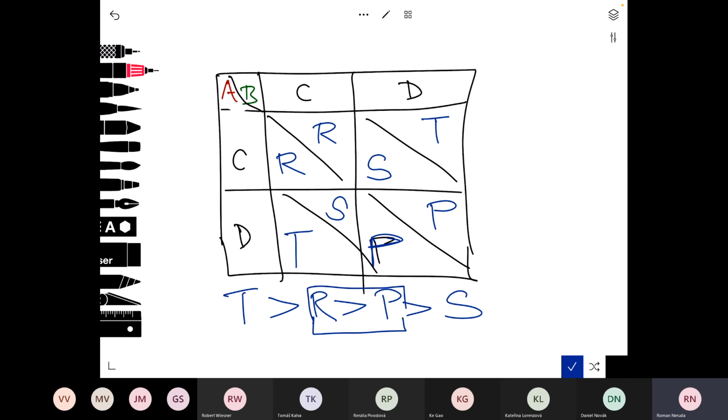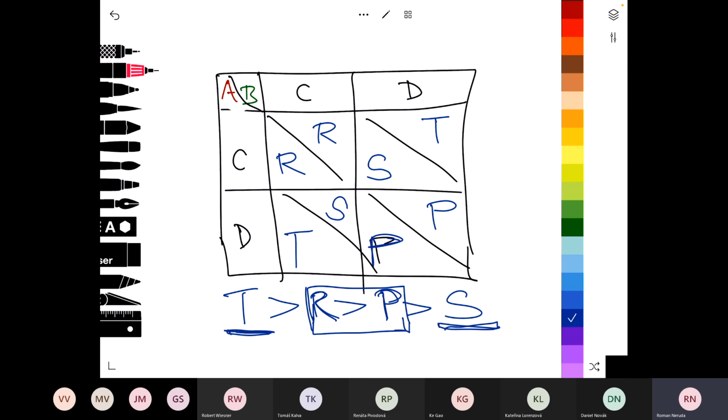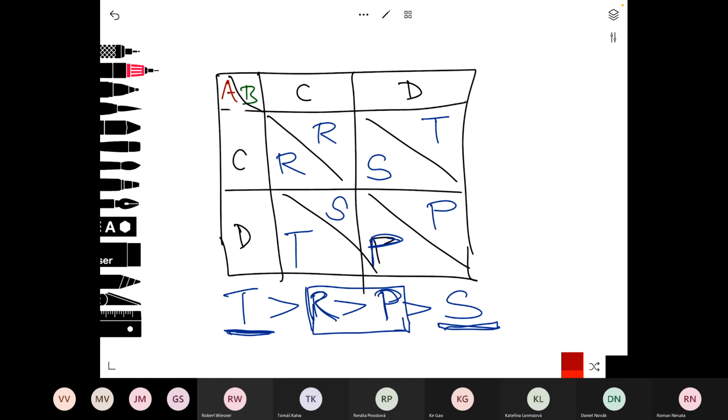So this actually tells us we want to stimulate the cooperation of agents, right? The reward for cooperation is bigger than the punishment for defection. And then the sucker's payoff, that's the bad luck, right? And this temptation is the biggest money in the game. So for example, one particular set of numbers that makes sense can be